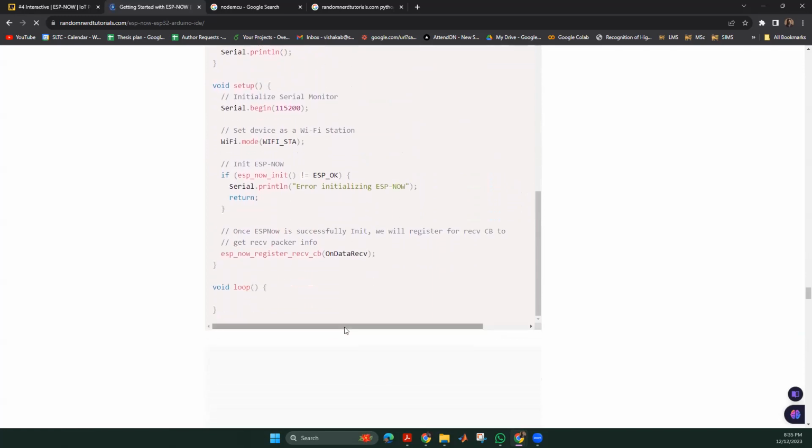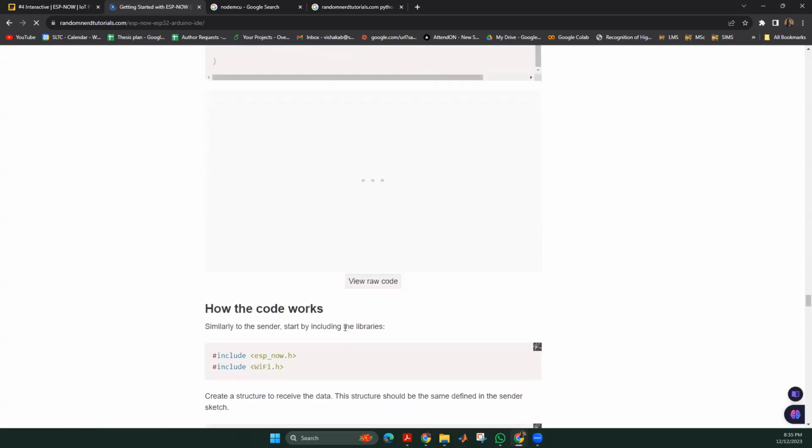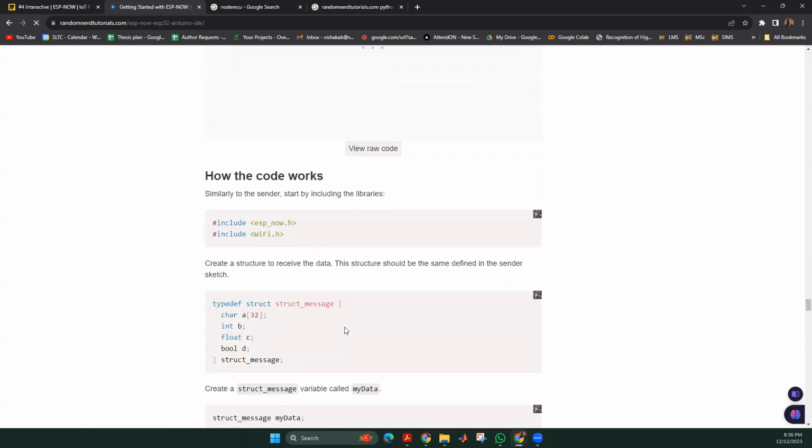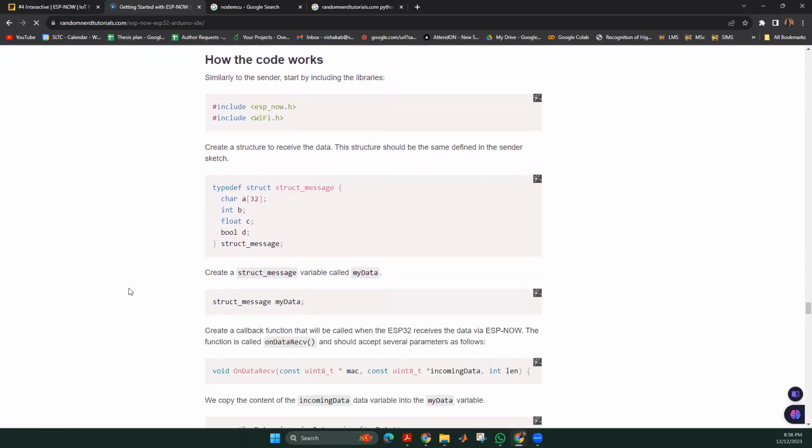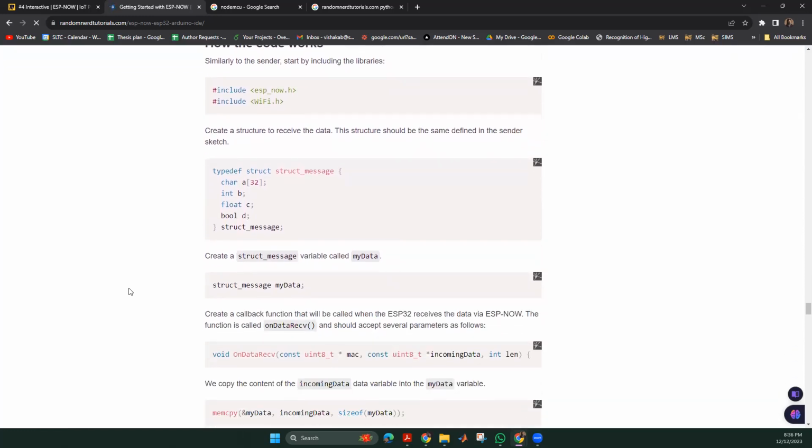So if you have the ability to do these activities, I encourage you to do it. To do these activities, you need to have an ESP32 microcontroller. And also, if you are going to do the ESP now protocol, you need to have two microcontrollers, for transmission and reception of the data. If you have those components, I believe it will be easy for you to complete the task. If possible, get into groups with your friends and ask them also to contribute to the work.